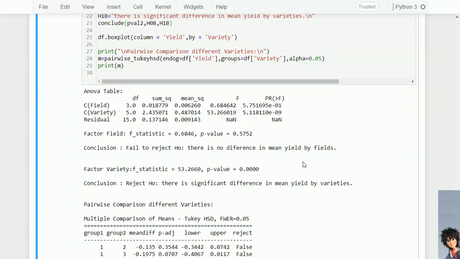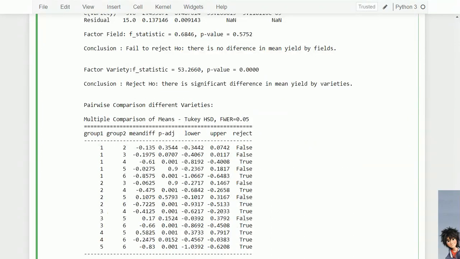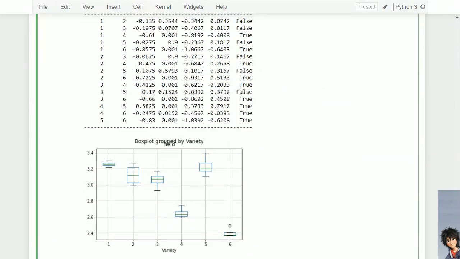And what is the p-value for the variety? Oh, it is quite small. So the conclusion for the variety case is reject H0: there is a significant difference in mean yield by varieties. If there is a difference in varieties, we have to verify it by pairwise comparison. Let's go for the pairwise comparison using Tukey's HSD, and also using the box plot.